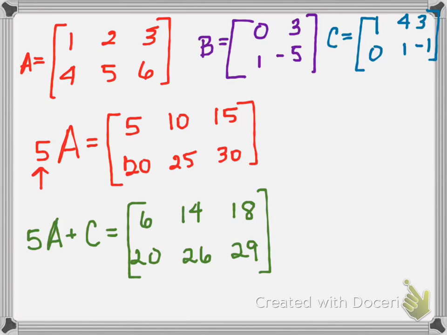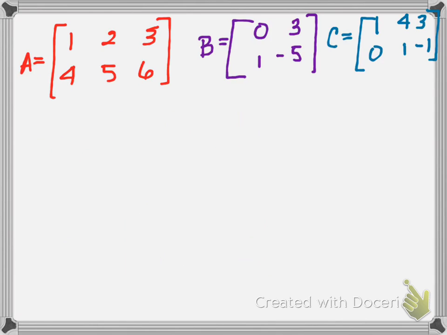And that would be my linear combination of A and C. A linear combination simply means that we're adding or subtracting multiples of something. So we're adding or subtracting multiples of matrices, so we call them linear combinations of matrices. Okay, so let's do